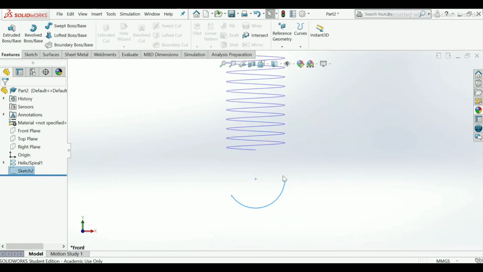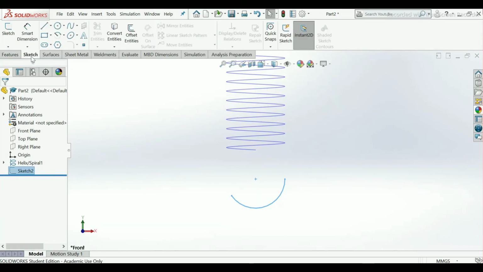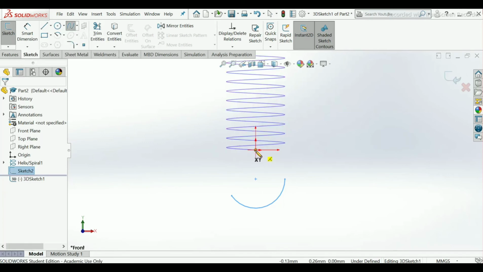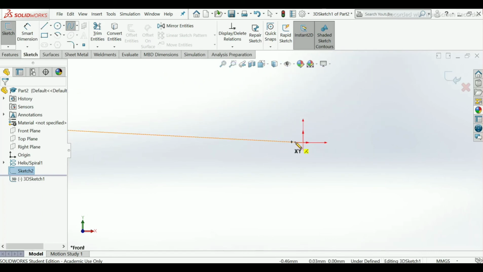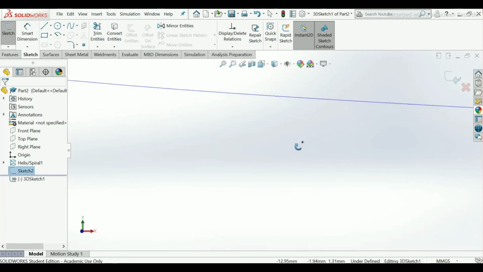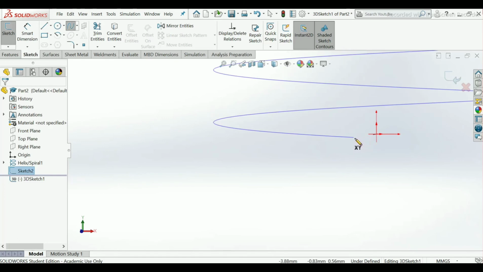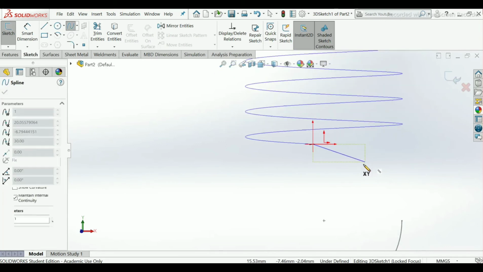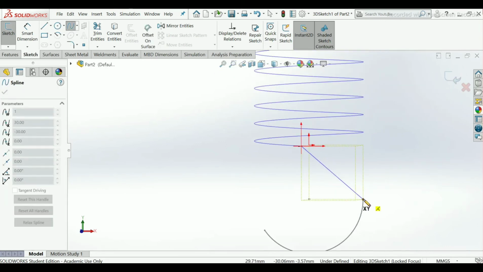So I want to make here one line to join this both sketches. So go to sketch, scroll down in sketch, use 3D sketch, take here spline command. Now here select this end point of spiral and join this to our arc that we have created.